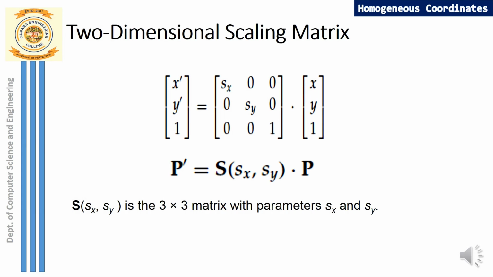Now we have the last type of transformation, that is scaling, and we know what is scaling. It is increasing or decreasing the size, and for this again we require the parameter, that is scaling parameter, scaling along x and scaling along y. Along with that also we require the fixed point about which we are trying to scale, right? So here we have the point after scaling. So what is it? You write it in the form of a column matrix: x dash, y dash, and this last element is 1, that represents homogeneous parameter.